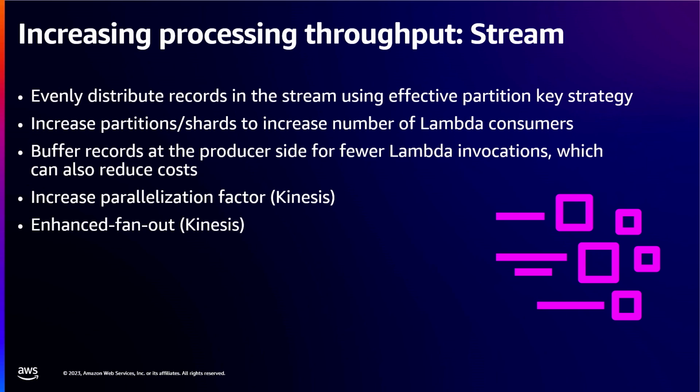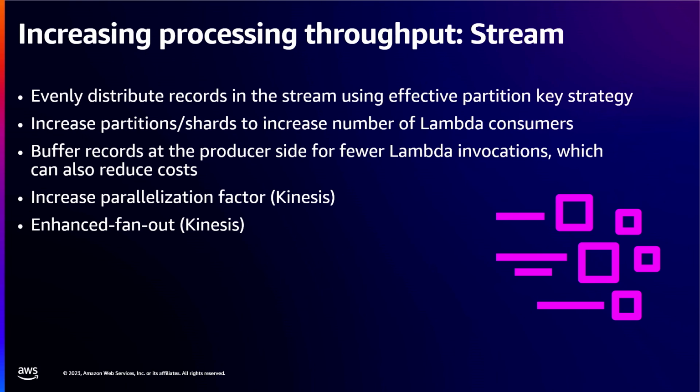Remember when I was talking earlier about having a single consumer ID? If you've got one busy consumer doing stuff, that's only going to go to a single partition or a single shard, and all the other shards are going, give me data, but you're not sending data to that. Remember, with Lambda and Kinesis and Kafka, it's going to scale up the amount of processing based on the number of partitions or shards. So increasing the partitions and the shards is automatically going to increase the number of Lambda consumers, and that's just going to follow through for your whole processing pipeline.